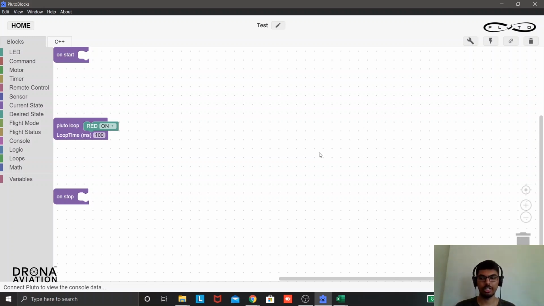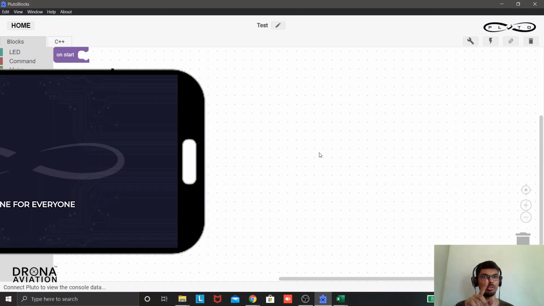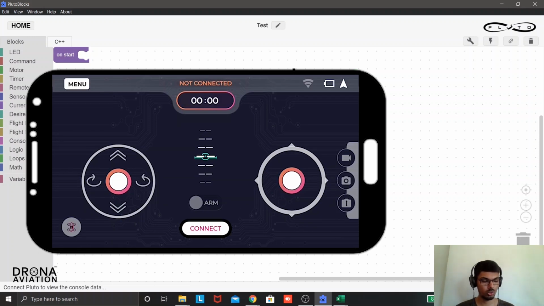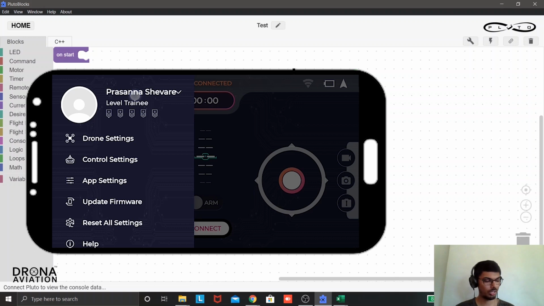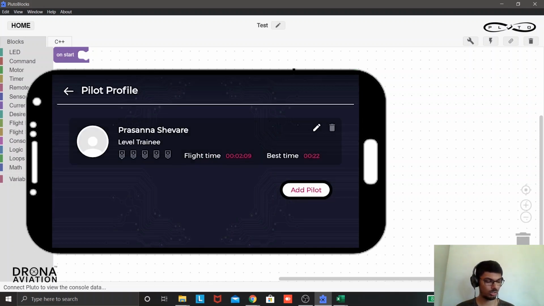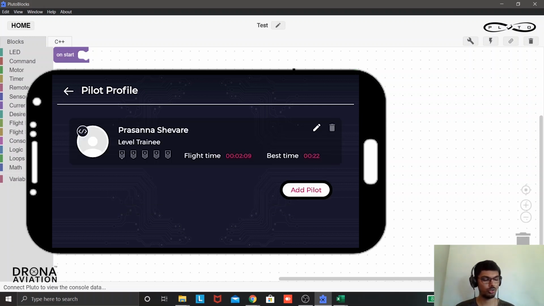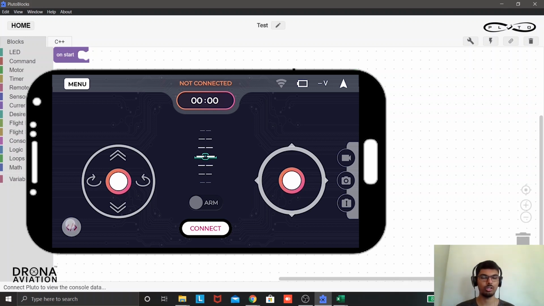Now you want to execute your project, but this cannot be done directly if you have just installed the app and have not selected the developer option. When you are installing the app, you get an option to check I am a developer. If you are already using the app and you still can't get the option, you can go in the menu, go to your profile, edit your profile and check the I am a developer option and click on save. Then on the home screen you can find the button for developer mode.